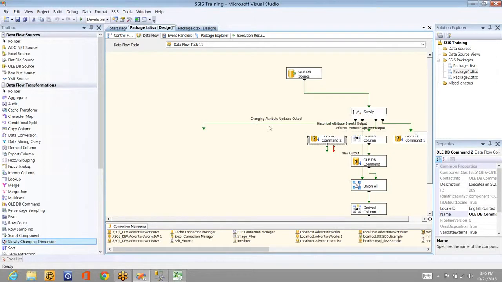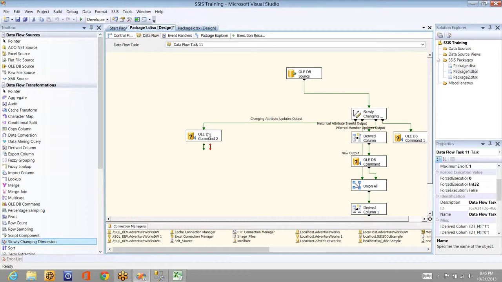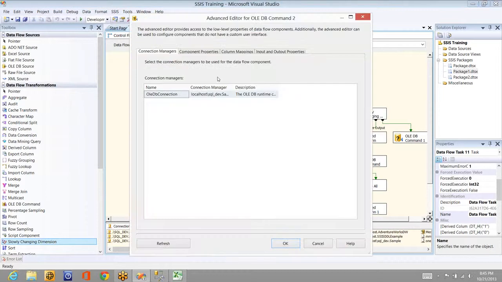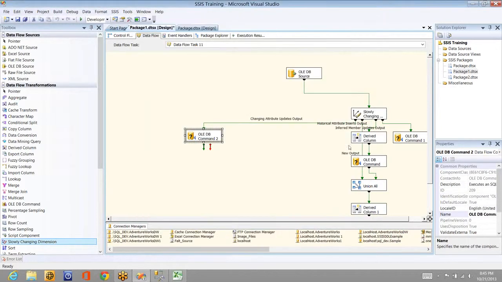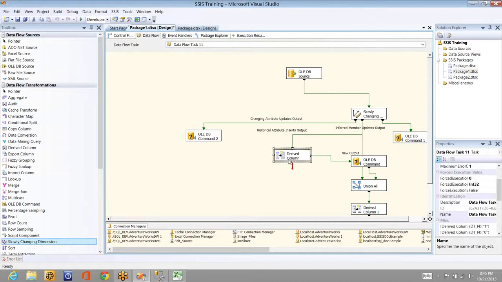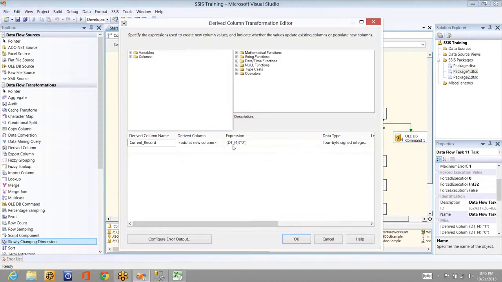Now first, if you see here, changing attributes update output. We have set a changing attribute, right? What is that column? We have set the name as the changing attribute. Whenever the name changes, it has to update. This is 1. And the derived column has to derive whether it's a new value or not, 0.